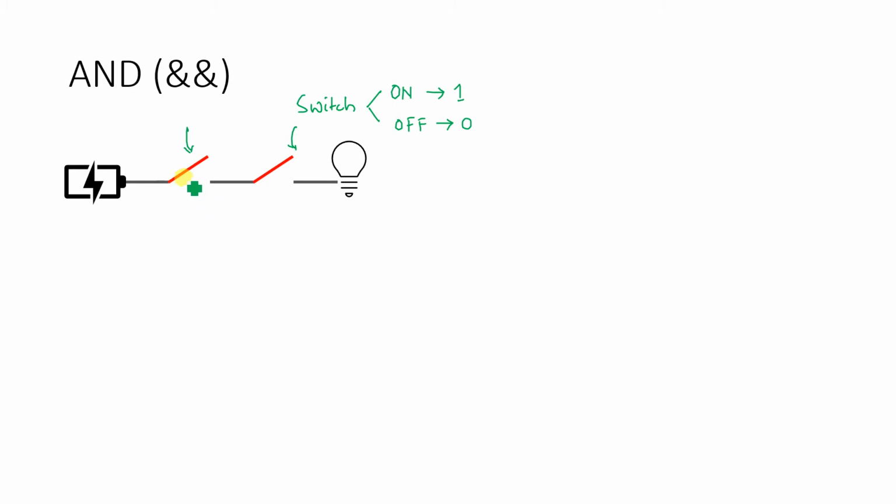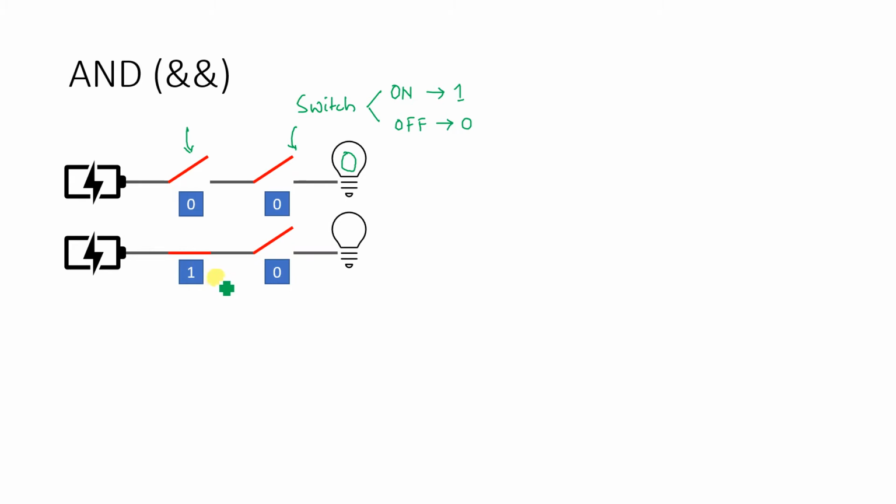Here both switches are not connected to this wire, so they are in the off condition. Off condition is represented by 0 and 0. Whenever the wires are not connected, the bulb will not glow, and the bulb not glowing means the answer is 0. So whenever the inputs are 0, 0, the bulb will not glow, and the answer will also be 0.